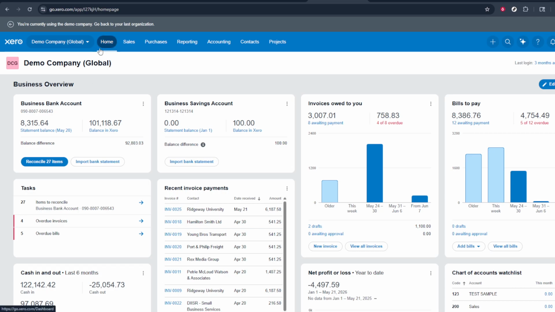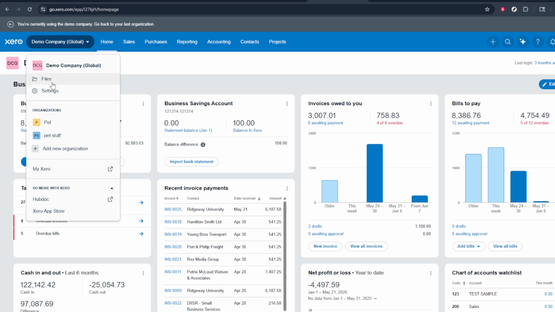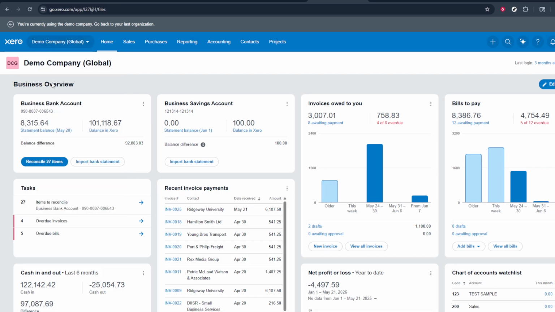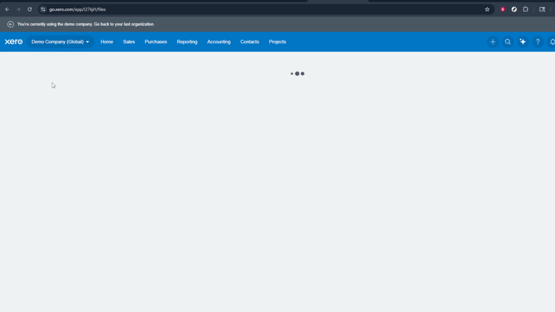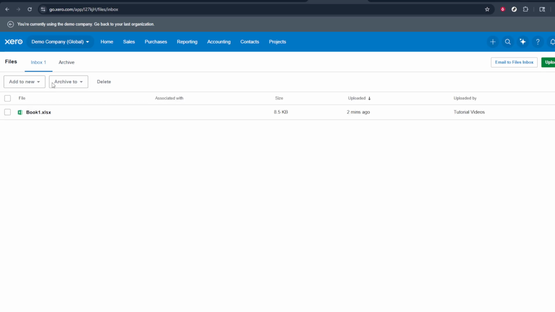Let's start from your Xero dashboard. At the top of the screen, you'll see the company name you're currently working in. For this demonstration, we'll be using the demo company, which is a safe environment Xero provides, so you can practice without affecting real data. Go ahead and make sure you're in the demo company or in the company where you want to work. If you need to switch, just click the company name at the top and choose the appropriate